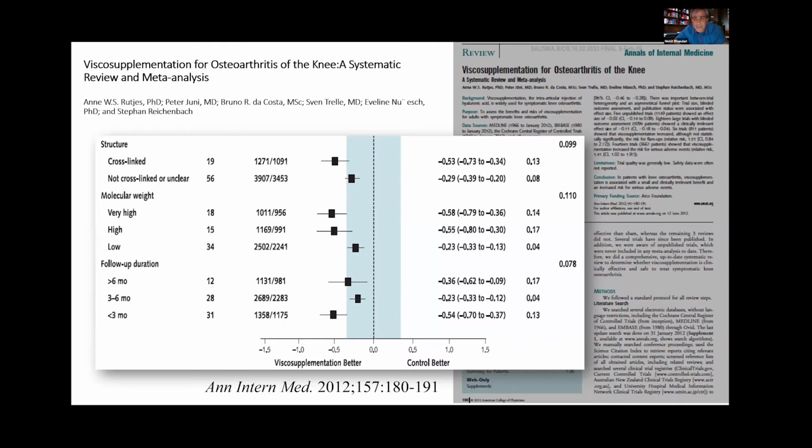So when you looked at that, to me, the very interesting point was it's really a perspective of how you look at it. If you look at overall, you could say, well, if you take all HAs, all molecular weights, all cross-linking, everything like that, put them together, you can argue you might have some noise in the system. It still means that there's a statistically significant benefit, but it's not as big as if you look at, let's say, in this particular case, I think those of you listening in would probably say the very high and the high molecular weight products seem to be much better. Cross-linking seemed to help. And then the effect seemed to be very strong early, but it did not diminish to zero. In fact, there was still a statistically significant benefit that went on beyond 6 months.